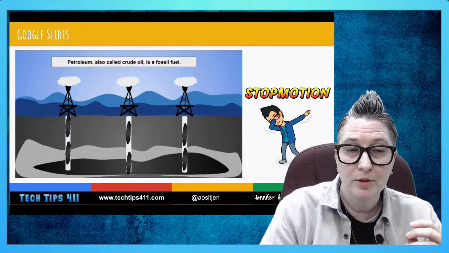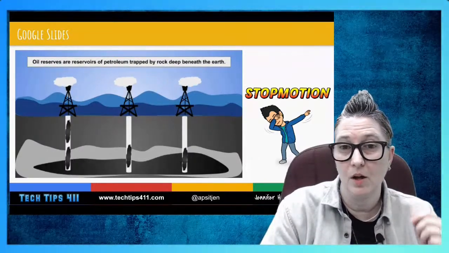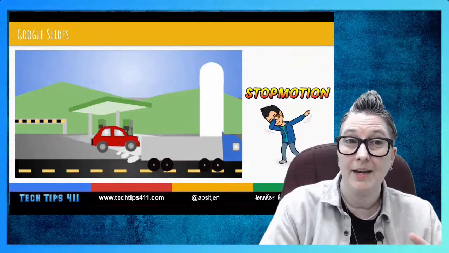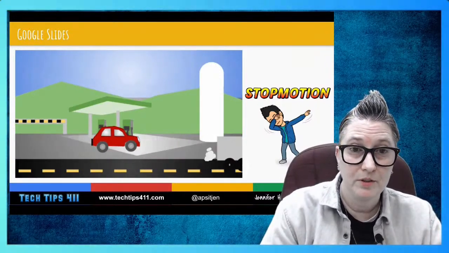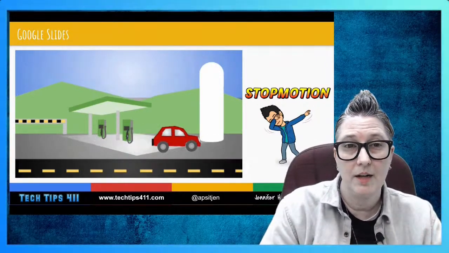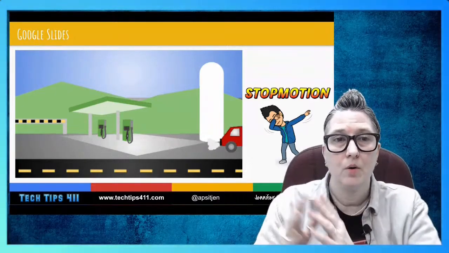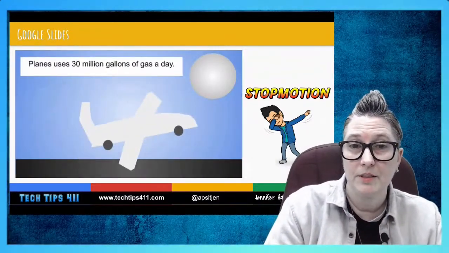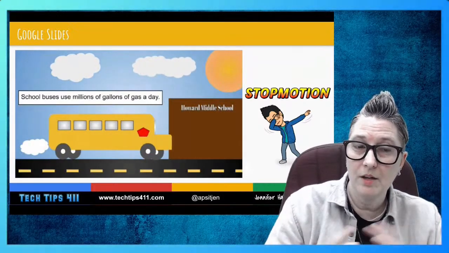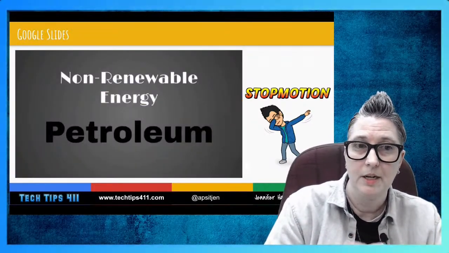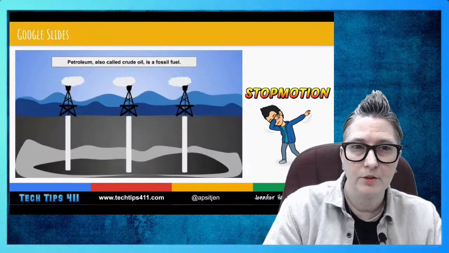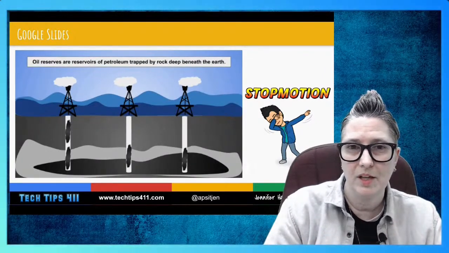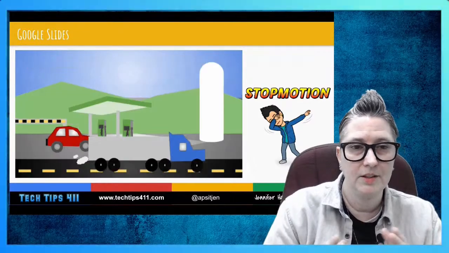But the power of Google Slides is the fact that you can go in and use all of the drawing tools with creating shapes, adding elements, adding in shapes or images if they want to safely search Google, dropping them into Google Slides and moving it just incrementally across the page, and each slide is going to show that movement. And then you can put it into presentation mode, and voila, you've created a stop motion animation. So it's just a really powerful way to engage your students, and using, again, Google Slides as a different kind of a tool, because a lot of them are like, oh, it's just for presentations, and this is just a